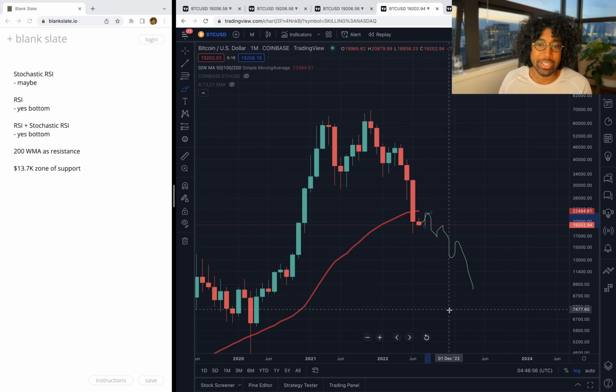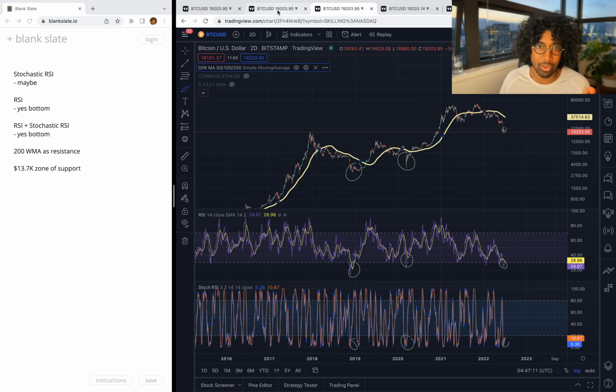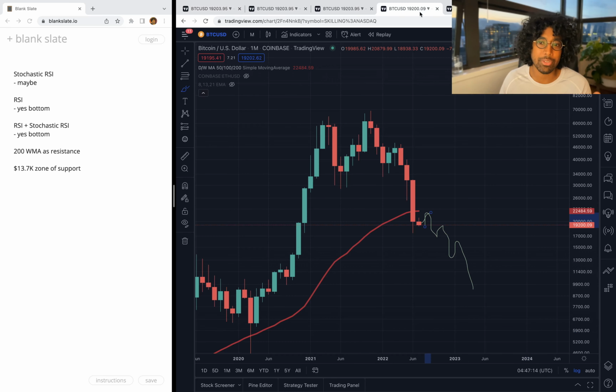This is real stuff. These lines are respected. People are watching these lines. Thousands or millions of people that invest in Bitcoin have this line drawn out just like me on their TradingView, and they're analyzing it, right? Hundreds of thousands, a lot of people have all these indicators already, and they're all wondering the same thing.